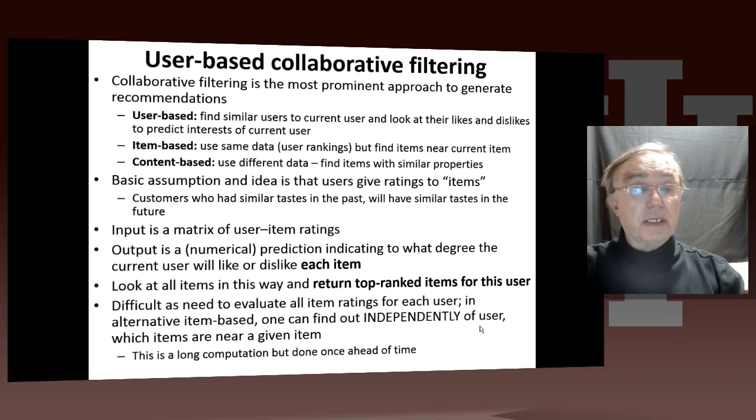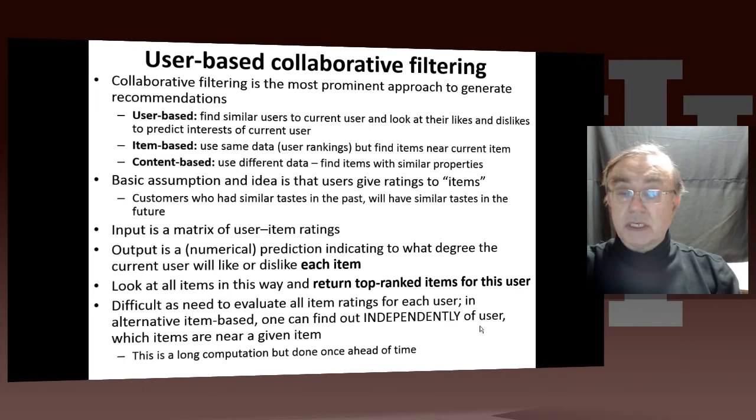And the other one, which we actually saw illustrated by Pandora, is content-based. We use totally different data. We don't use the rankings, we use the properties of the items. If somebody bought a red balloon, maybe they'd like to buy a green balloon, and things like that. Or if they bought a red balloon, maybe they'd like to buy a red jacket. Who knows? You'd have to look at some other features to decide what to recommend. Anyway, let's come to this user-based